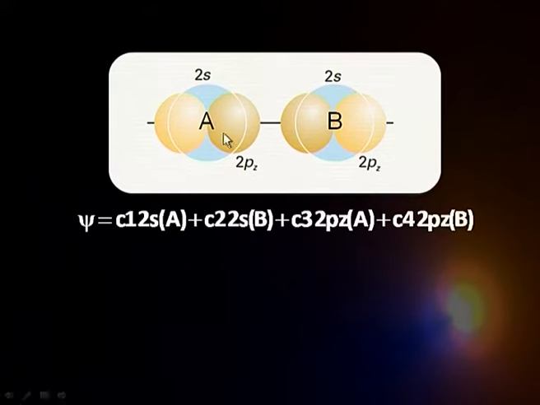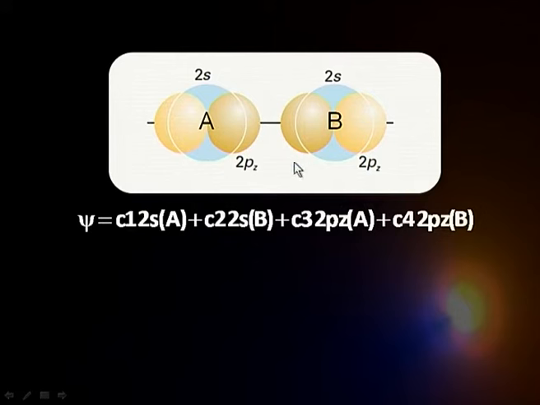Okay. Now, let us see here. Say this is my atom A, and this is my atom B. I just put A and B to differentiate between them, otherwise we are talking about homonuclear diatomic molecules, meaning both atoms are identical. So, I am taking a generalized picture here. For atom A, the 2s orbital will be there and then the 2pz orbital. Here the z direction is taken as the molecular direction, that means the direction in which the bond is formed. Similarly for atom B, there is a 2s orbital of B and a 2pz of B. So, there are 4 atomic orbitals which are going to combine.